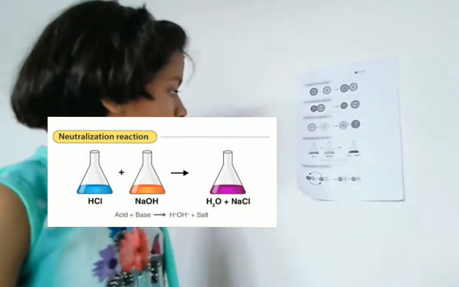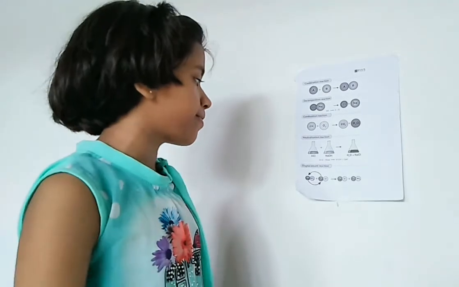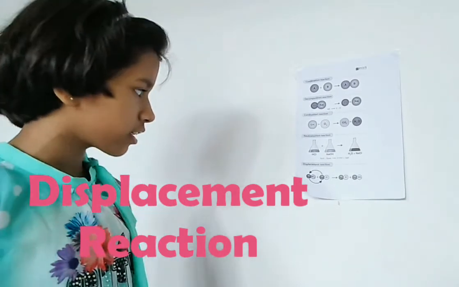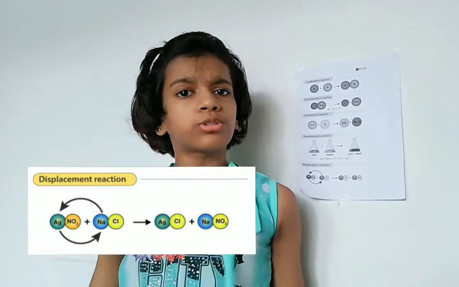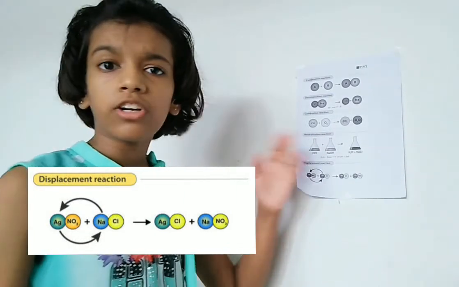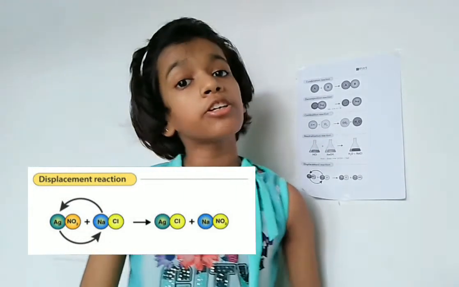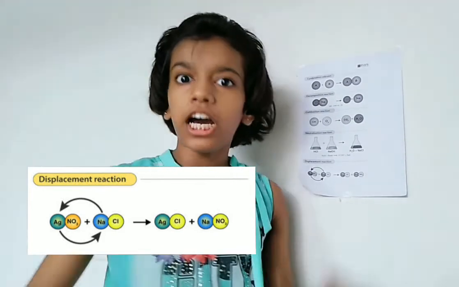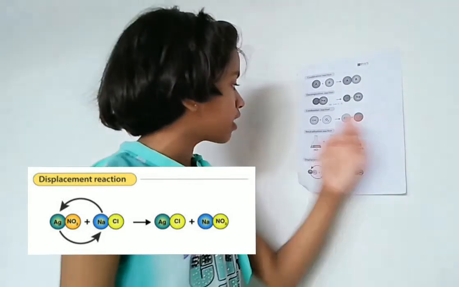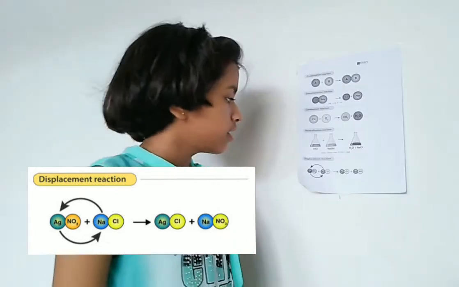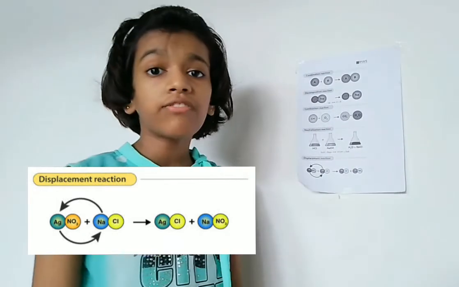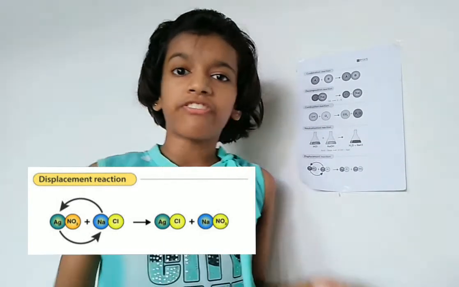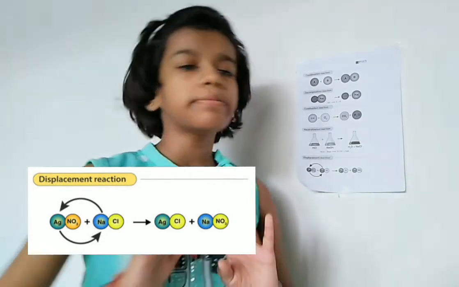Now moving on to the last one, which is the displacement reaction. What happens in this reaction? The substances displace to make brand new substances. I know that you must be totally confused to know that even in this reaction displacement occurs. You must be wondering what if your teacher asked you one day what is the difference between neutralization reaction and displacement reaction? And if these two are just the same, then why do they have different names, different terms? So wait, let me explain.